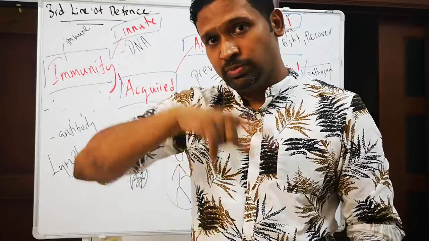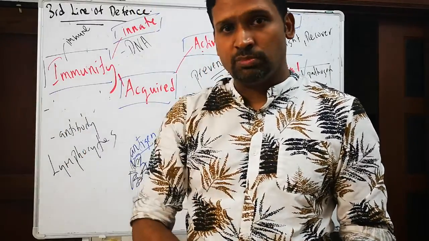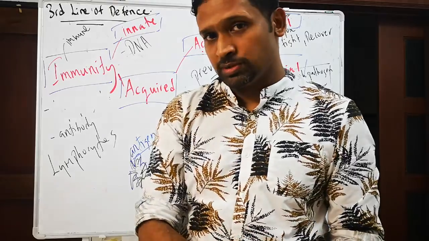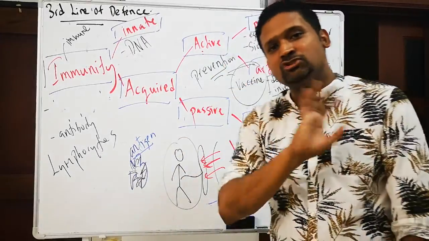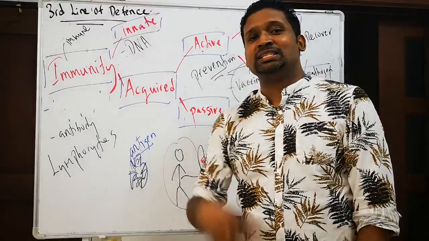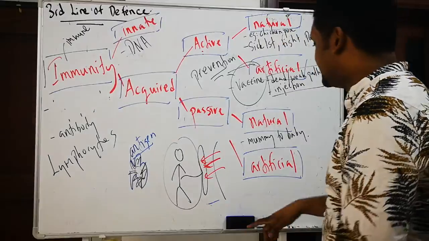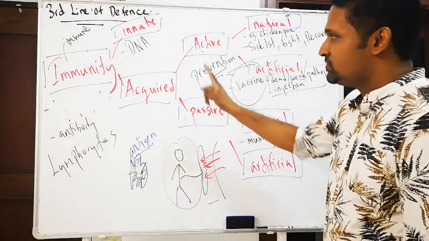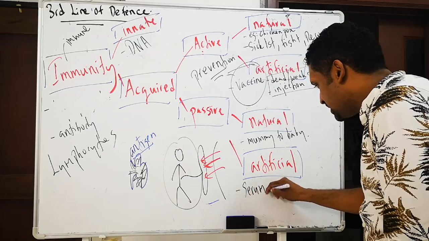But as the baby grows bigger, gets older, goes to school, now there is a friend in school who has chicken pox, the baby still gets chicken pox. Why? Because passive is not a permanent protection, it is a temporary protection. Okay, can you guys understand? Then artificial passive acquired immunity. This one is through serum,